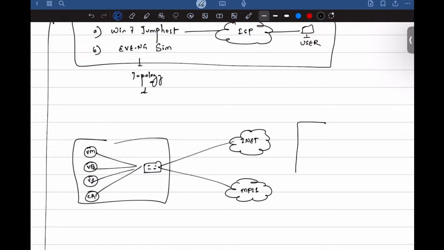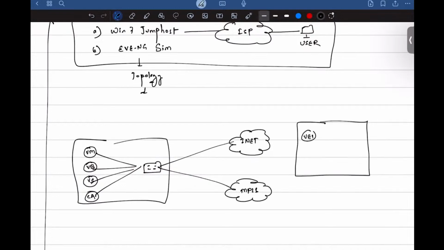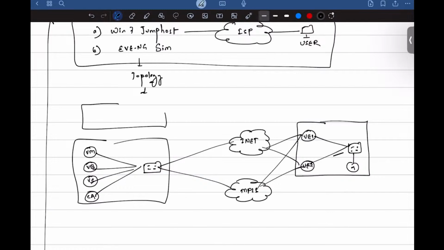And then we will have some sites. There's going to be one site where we have vEdge 1 and vEdge 2 connected to both transports, and then a LAN router and LAN site. Then another site where we have vEdge 3 connected again to both transports and then to a LAN site.